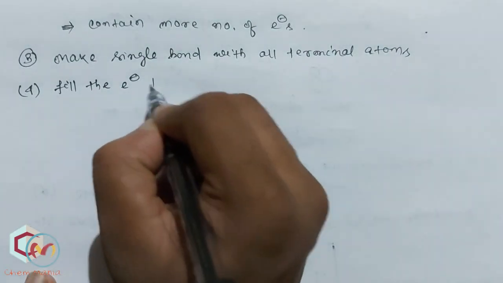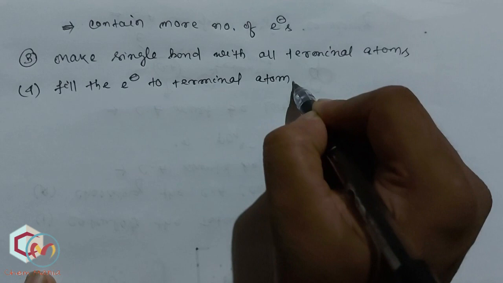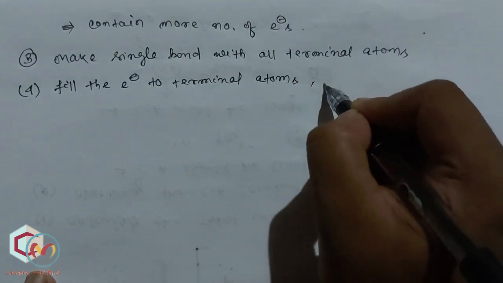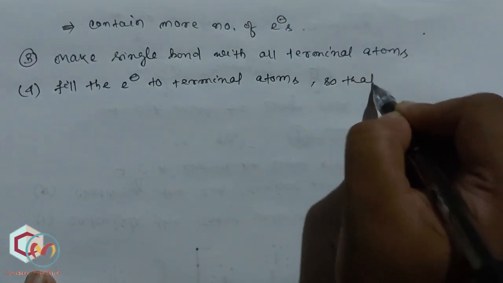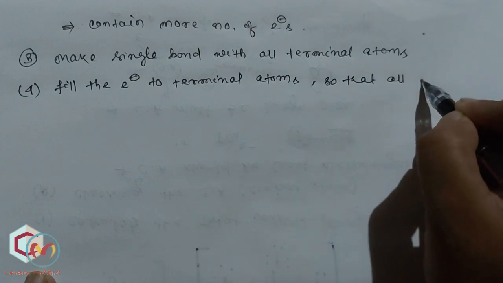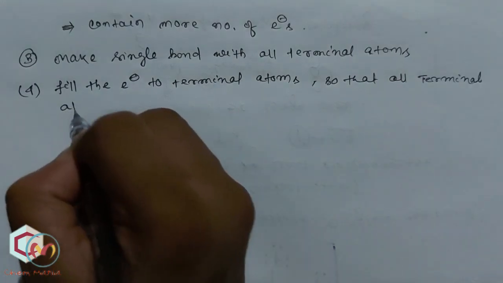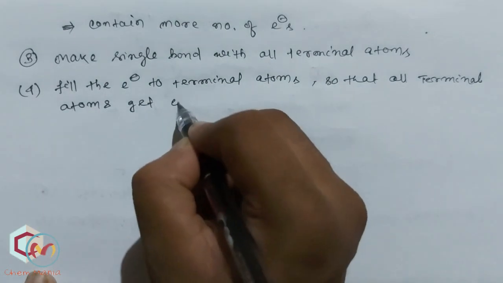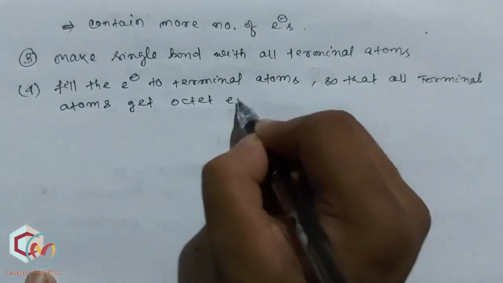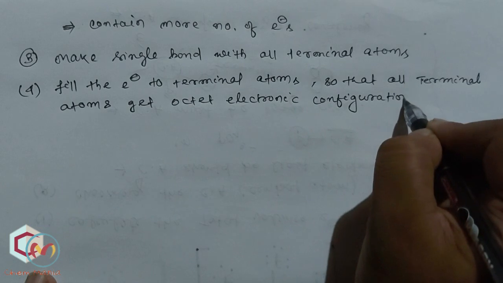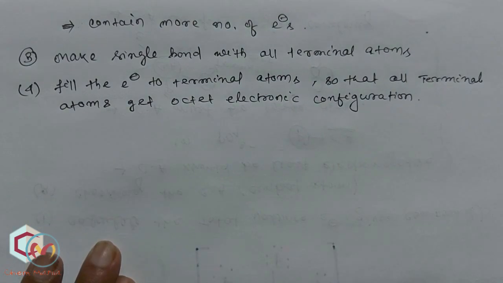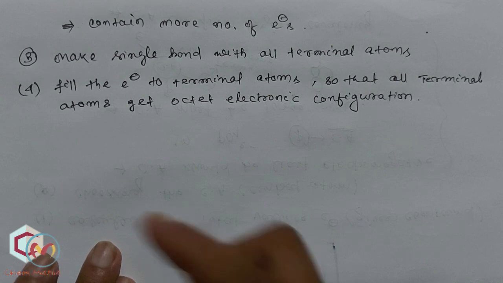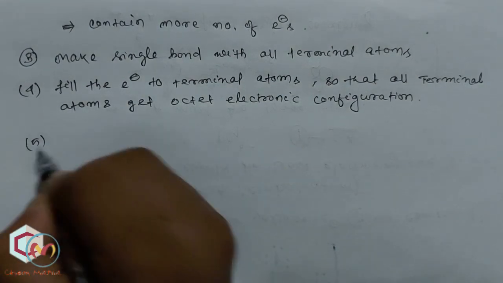Fill the electron to terminal atoms so that all terminal atoms get octet configuration. After filling the electron around the terminal atom, we will go for the next step, that is we